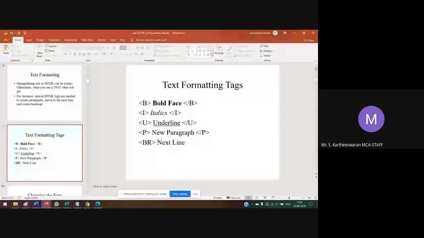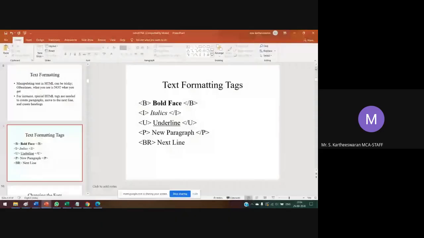For underlining very important keywords, we use the U tag, the underline tag, for formatting a paragraph, profile, or resume.